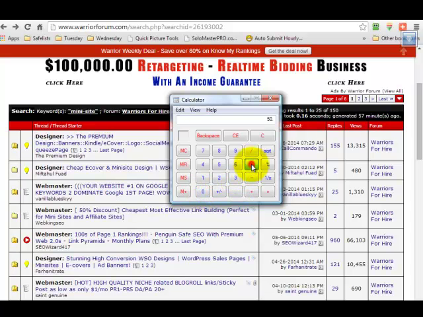Just the articles at $7. Like I said, that's $350. Now out of those 50 sales, generally on an upsell, an OTO, which you would be offering your mini site to go along with that. Let's say you offered the mini site design for an additional $7. Generally on an OTO, you're going to get about a 30% response rate. So that means out of those 50 people, 16 more people are going to buy your upsell. So that would be